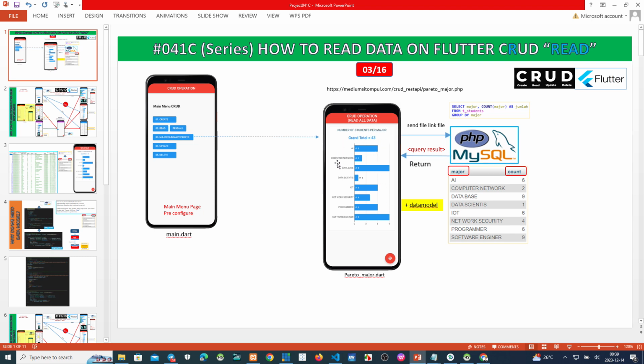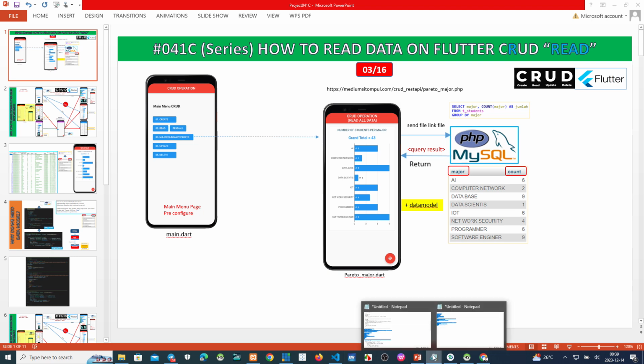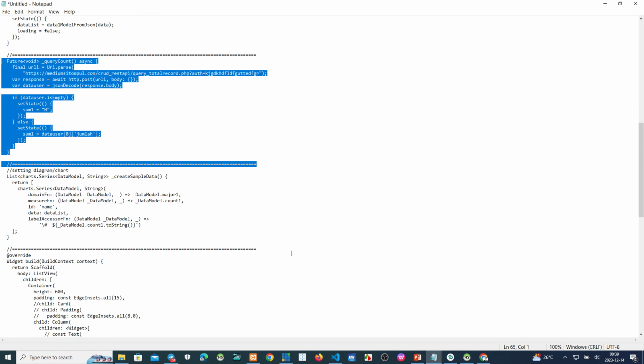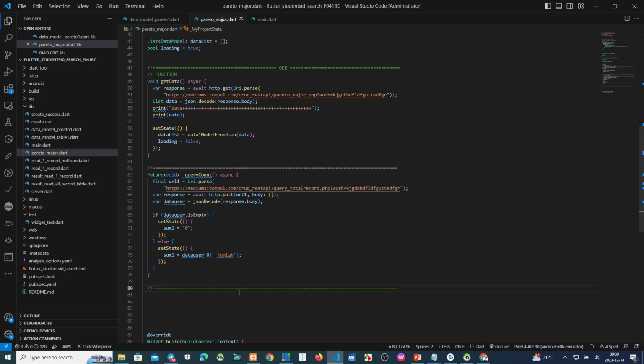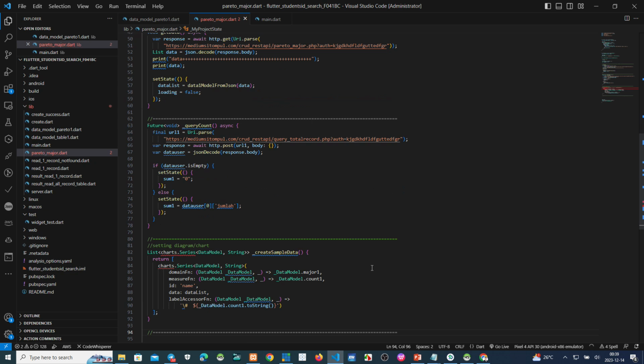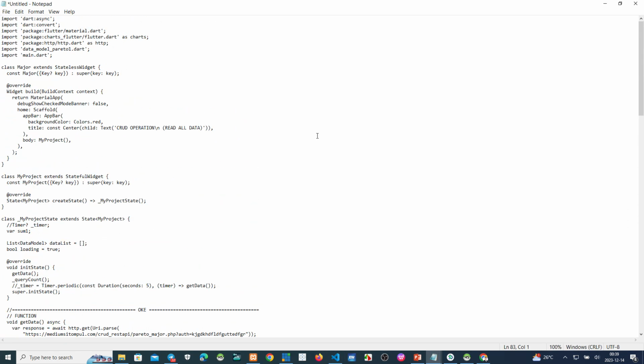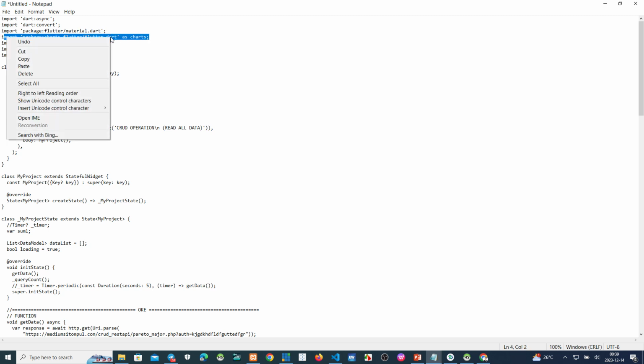After that, we want to make a Pareto chart. We must make a script for making a Pareto chart here. This is how to make a Pareto chart. Because we use a chart, we must copy this from the package.